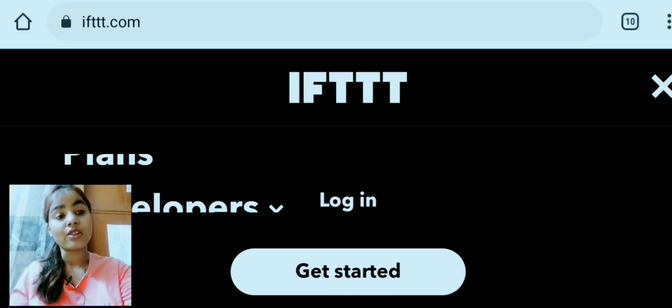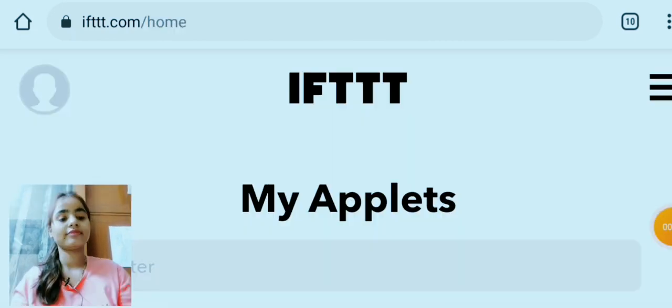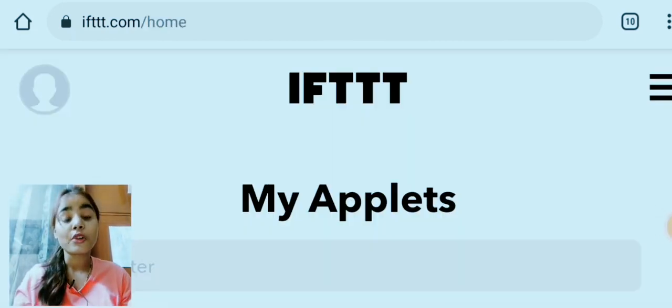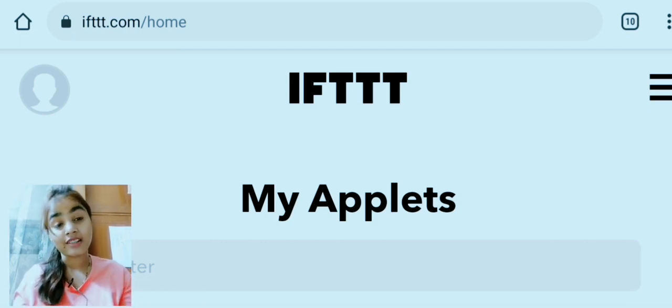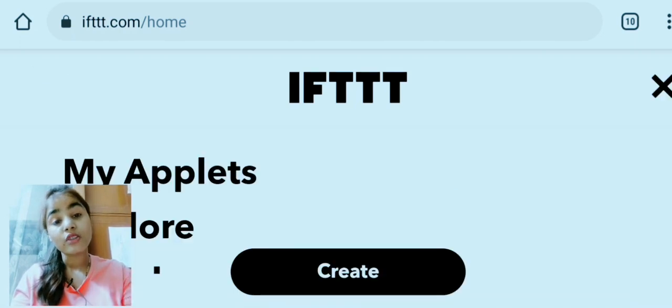So next you need to log into your account. So guys, after logging in, you will see a page like this. As you are watching here, I have logged into my account, and the page is shown on the screen. So what you need to do next is click on the three lines in the upper right corner. So simply click on this line.